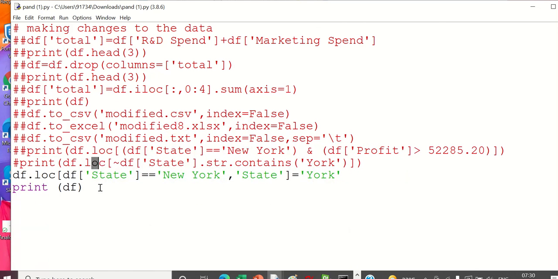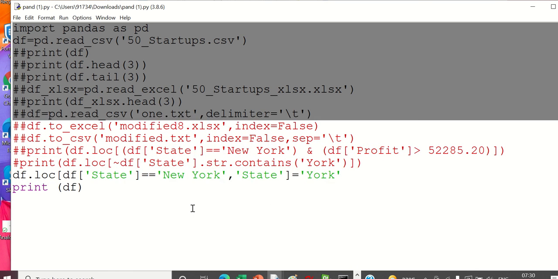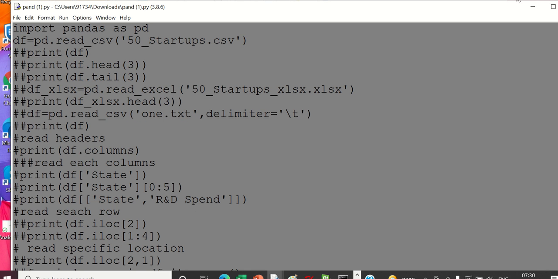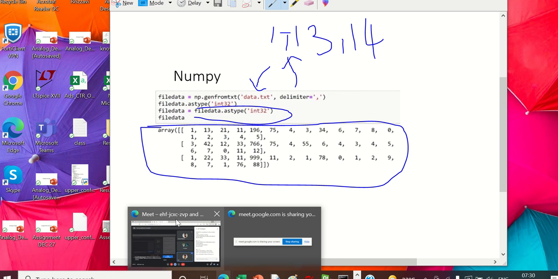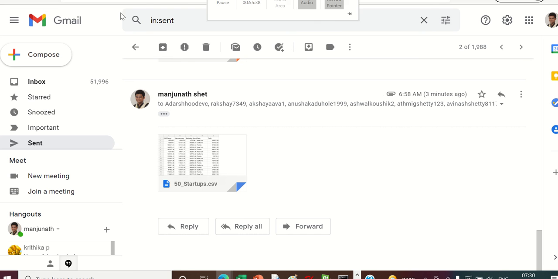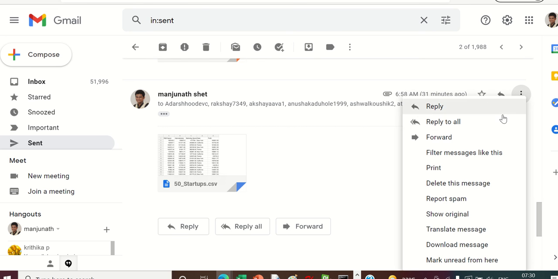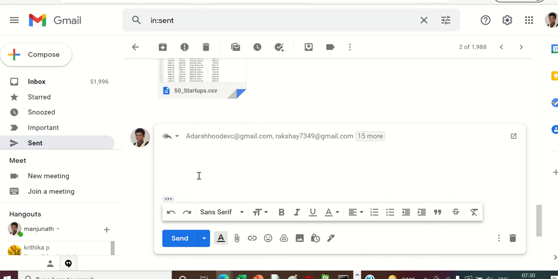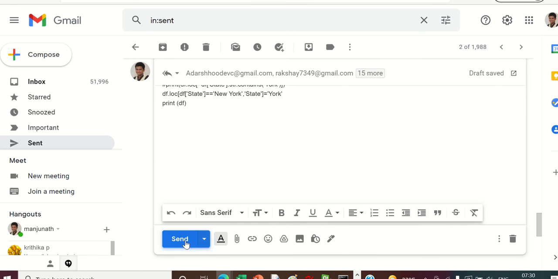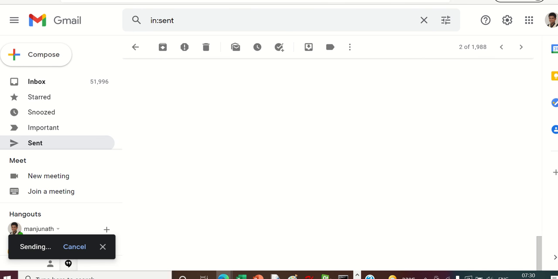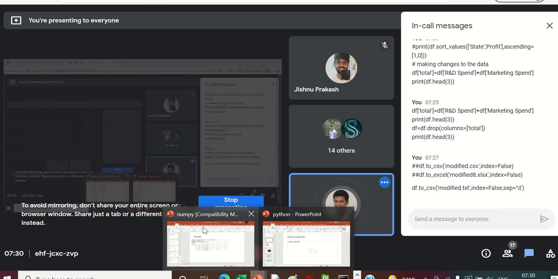With this I am going to share this complete code, so that people who want to work more can look into this code. I will be mailing this. Yes, I am sharing this full code. Okay, and I will stop this lecture.